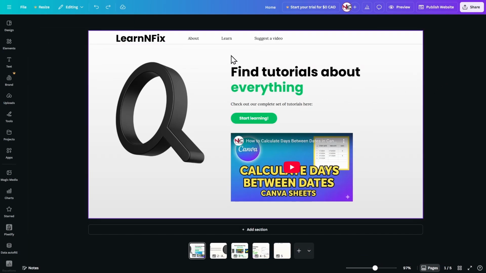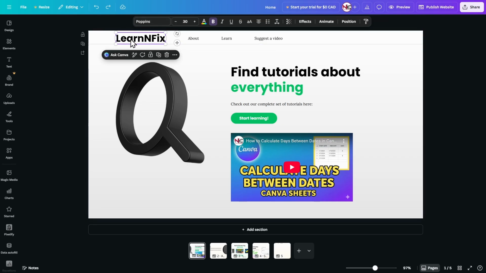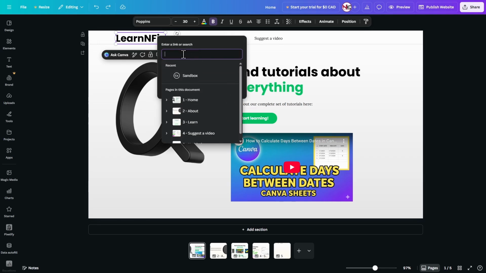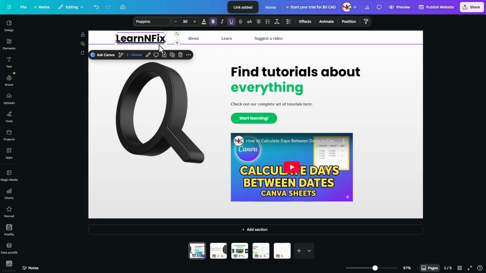So to get started on actually linking everything here, first let's link the home page. So click on this element, whatever you put here as the home page design, just click on it and then right click or click on the three dots and then click on link. And now over here, you can type in the page name, or you can just click over here, which has a drop-down list. So make sure you have already named your pages prior to doing this, because it's going to be very, very helpful to identifying which page you want to link to. So I want this to link to home page, so I'm just gonna click on home,